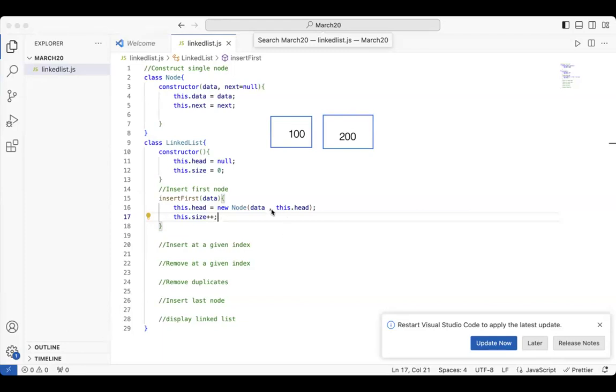So this dot head, okay, so let's kind of break down what's happening. So right now, what we are trying to do is creating a node in the current index, right? All right, so in order to do that, we call the node function. Let me clear this out. We're calling the node class over here. So what this is doing is it's sending in two parameters, data over here as the data, and this dot head as the next pointer, or the data it would be pointing towards next. So essentially what's happening is